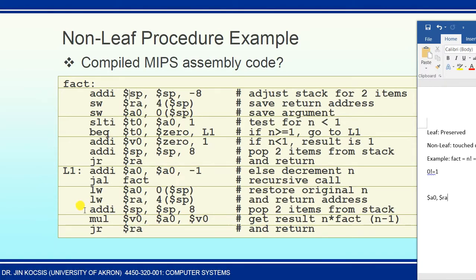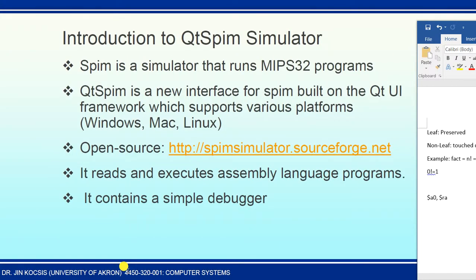Another thing not to forget: after you pop off the values, you need to release the originally occupied locations in the stack. In order to do that, similar to here, you need to adjust the stack pointer back to the original value. Basically, you need to add that 8 back to the stack pointer, and then you do the jump and return. Okay, I hope it is clear to you. So another thing here, let me